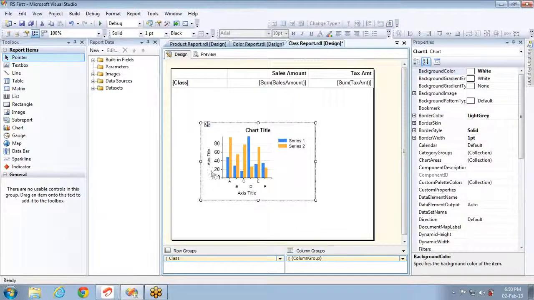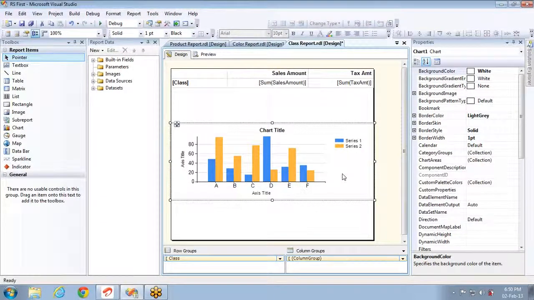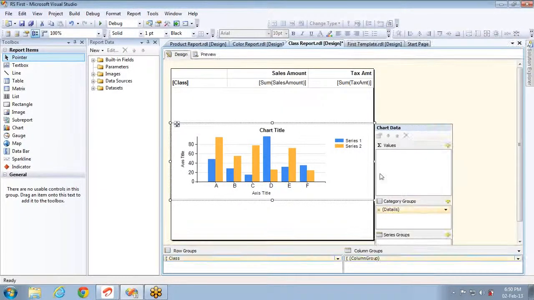I selected OK, and you can see the column chart is taken. Now, how to set what is the series, what is the legend, and everything we are going to discuss now. If I click on this, you can observe a pop-up is open on the right hand side. Here you have to specify the measures, the values. Here you have to specify what is the measure you want to show.